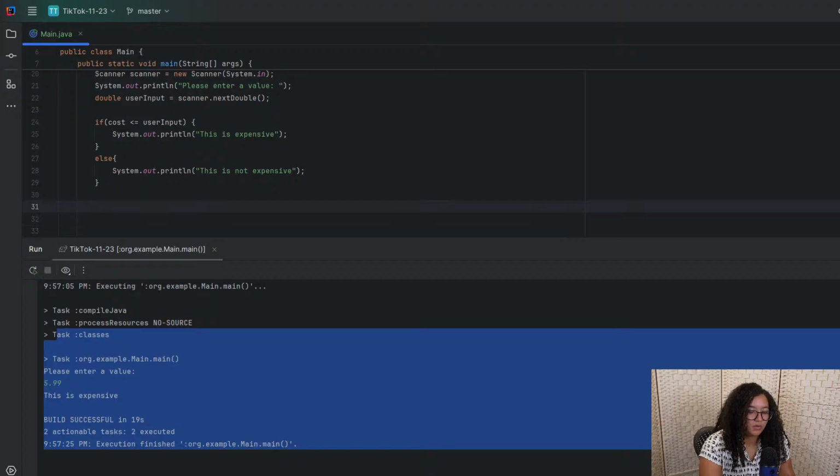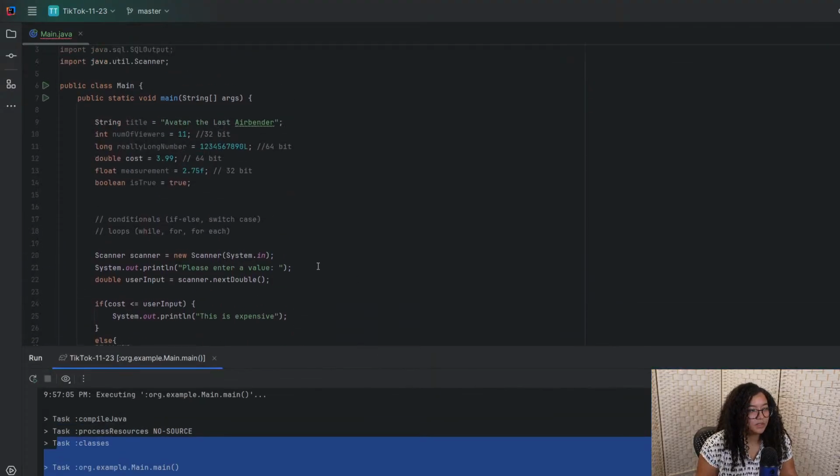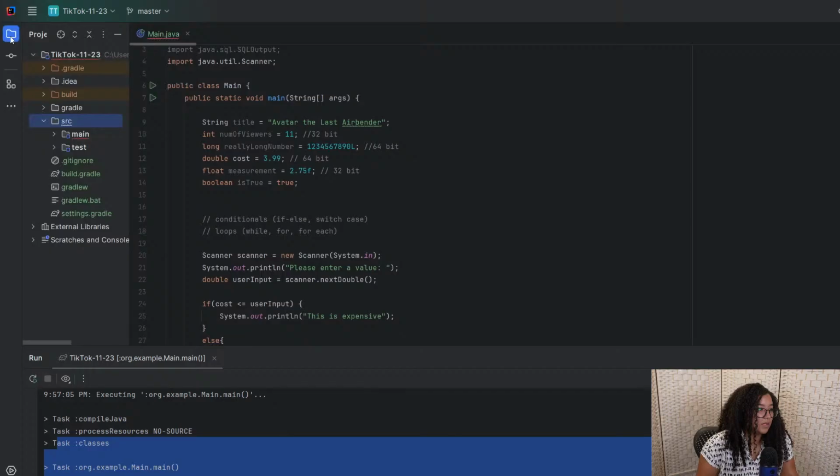Okay, so let's go ahead and do a switch case. So we have switch, and we need to switch on some variable. So what variable should we switch on? Ideally you would create like an enum. So like maybe you would have an enum of colors, for example. So let's go ahead and create a